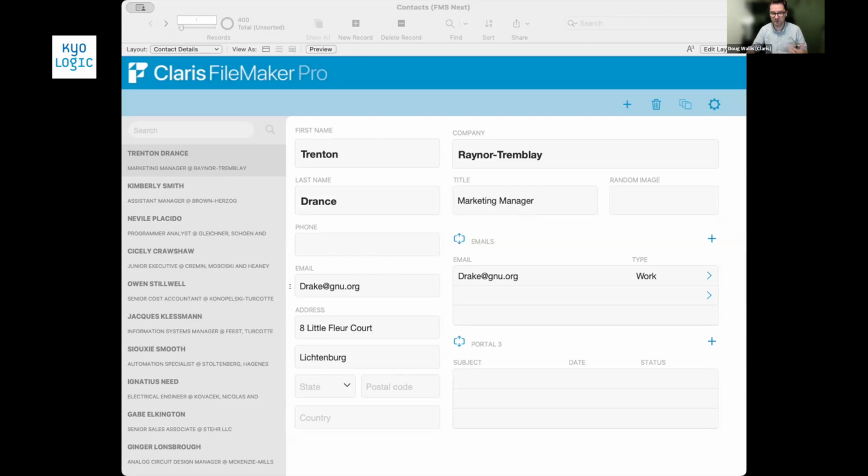And so if you have multiple portals in one script step, you could actually write